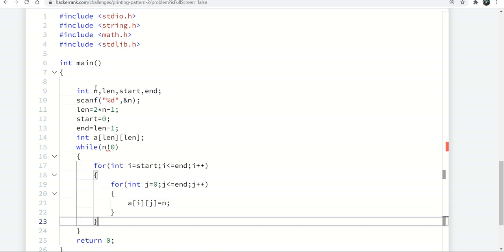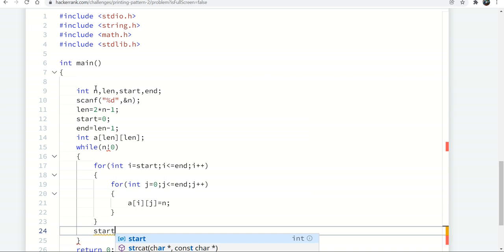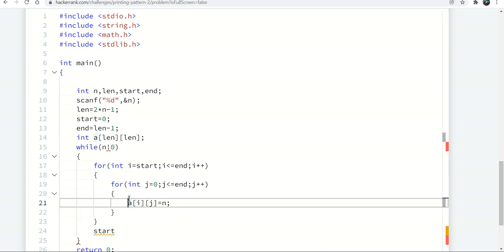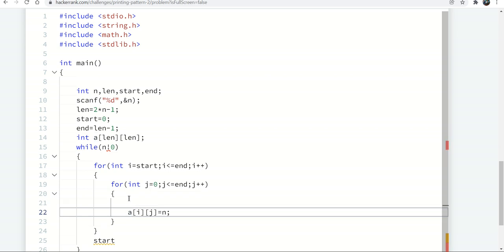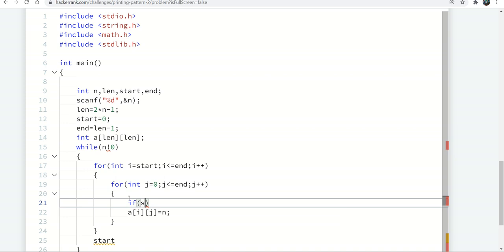Now the for condition is finished. Now what it will do? Wait a second. I need to use one if condition, because I will tell if start is equal to 0.